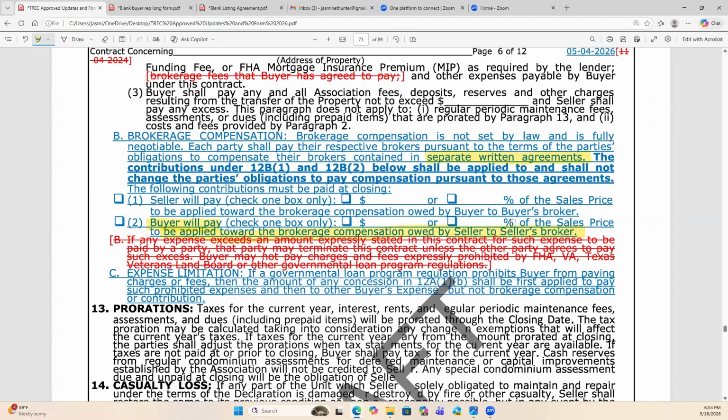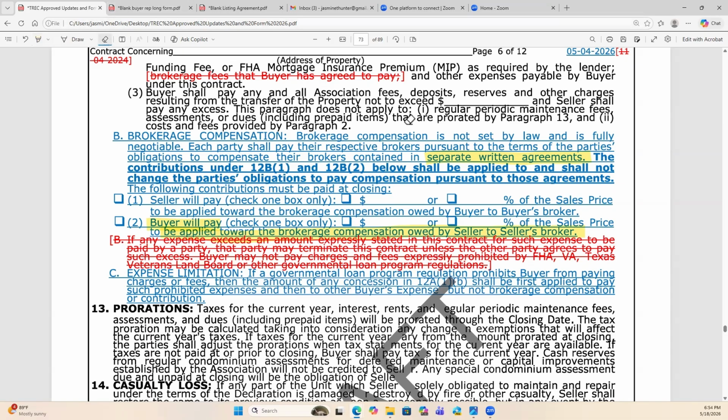Investors do that all the time. I'm going to offer you 70% of your list price. But guess what? Mr. and Mrs. Seller, you don't have to pay your listing broker. I got it. I'm going to pay your listing broker. I'm going to pay all your closing costs, all of them, but I'm only going to give you 70% of the value of your home. It happens all the time. I'm in the middle of one of those right now. The seller is not paying my fee, the buyer is, because the buyer is an investor. So that's why you would use the highlighted one down here at the bottom.